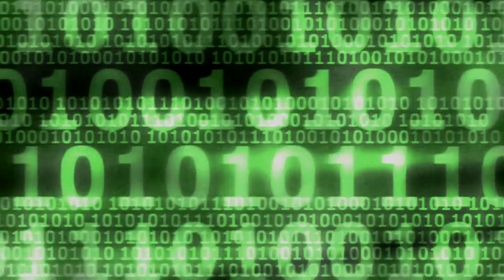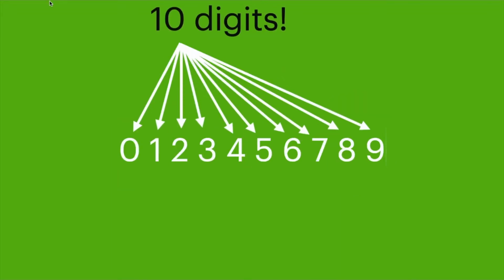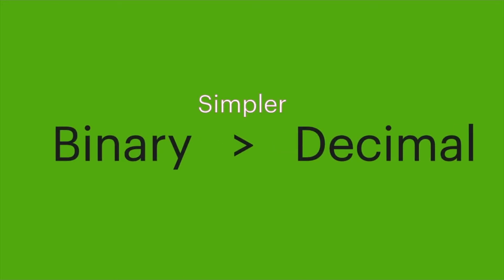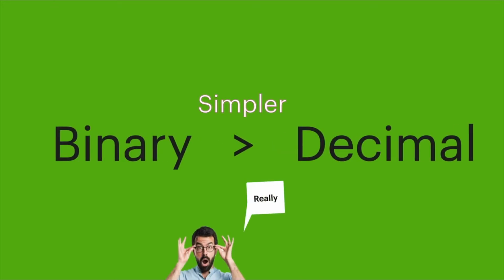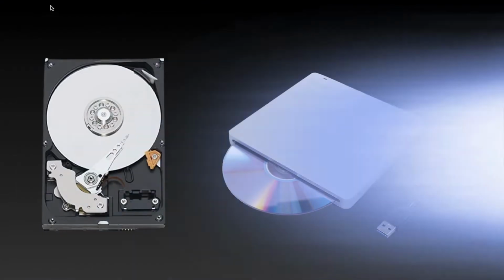Computers store data in the form of the two binary digits, 1 and 0. This brings up the question, why do computers use binary digits to store data instead of decimal digits? This is because the binary number system consists of only 2 different digits, whereas the decimal number system consists of 10 different digits. Therefore, the binary number system is simpler than the decimal number system, creating greater efficiency in computer storage. An HDD can have a magnetic disk or an optical disk.